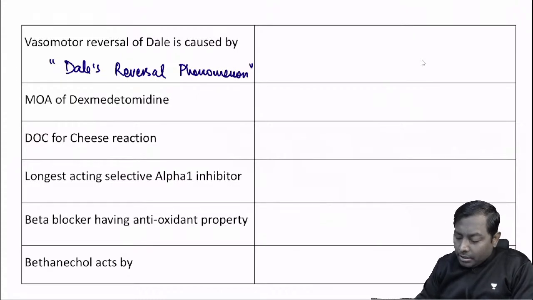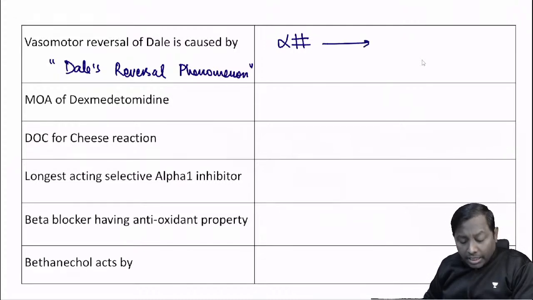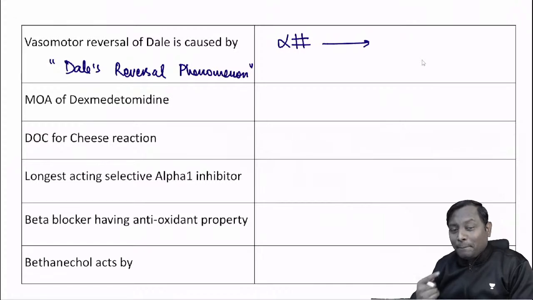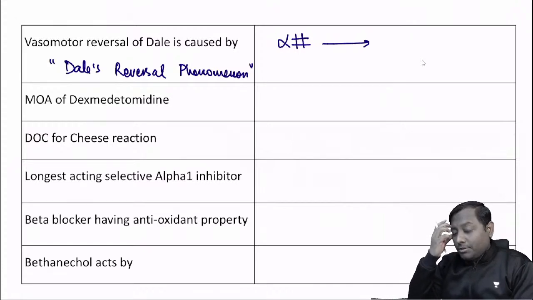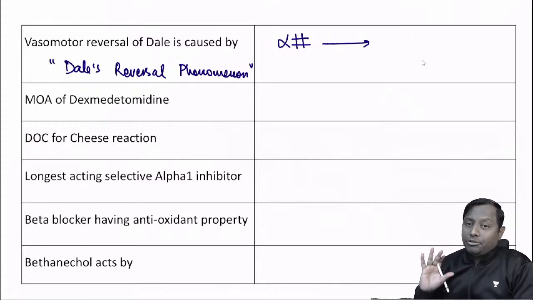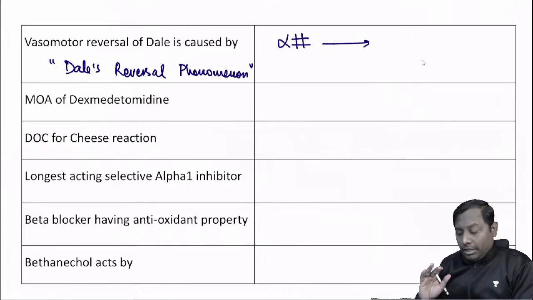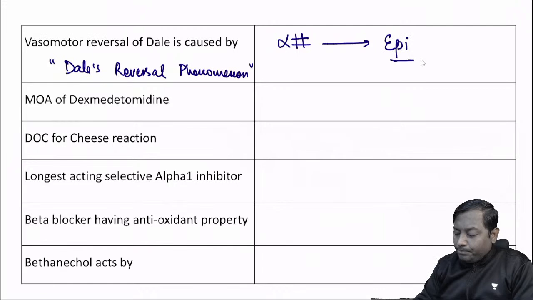It will be in presence of alpha blocker if high dose of epinephrine will be given. Alpha then beta, again? I said don't mark that. Because that is the most likely answer which most of the students will be choosing. I'm pretty sure in the examination. But remember, for inducing Dale's reversal phenomena, you give high dose of epinephrine in presence of alpha blocker, so alpha blocker followed by high dose of epinephrine, this will be eliciting Dale's reversal phenomena or vasomotor